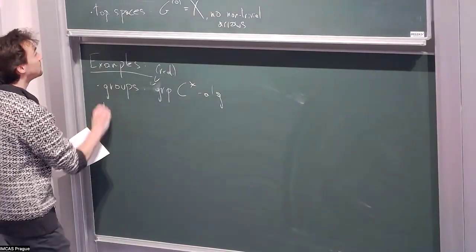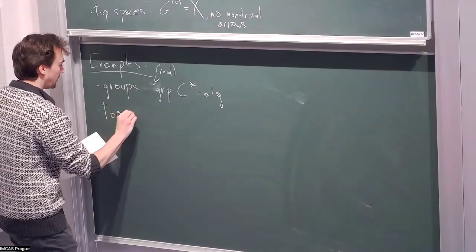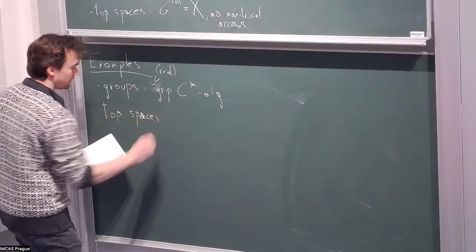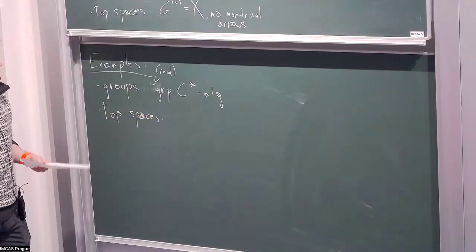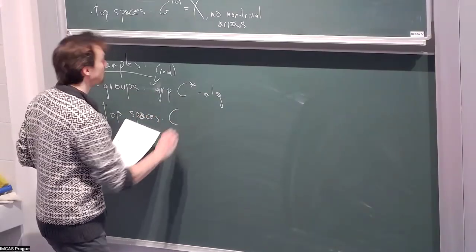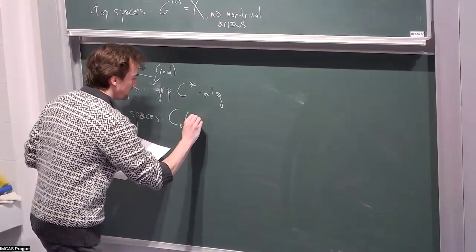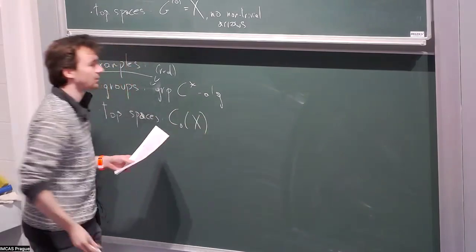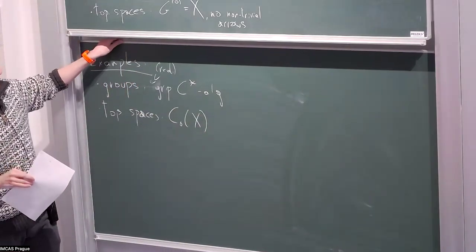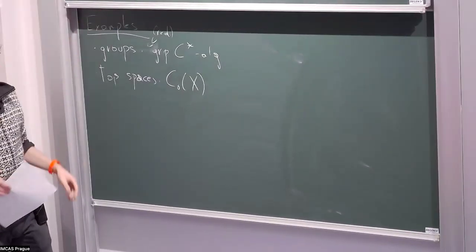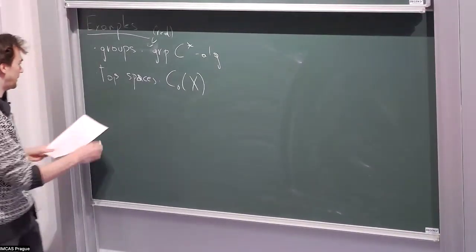For topological spaces, you'll just get back the, I guess, C0 functions on your topological space, as expected. And then